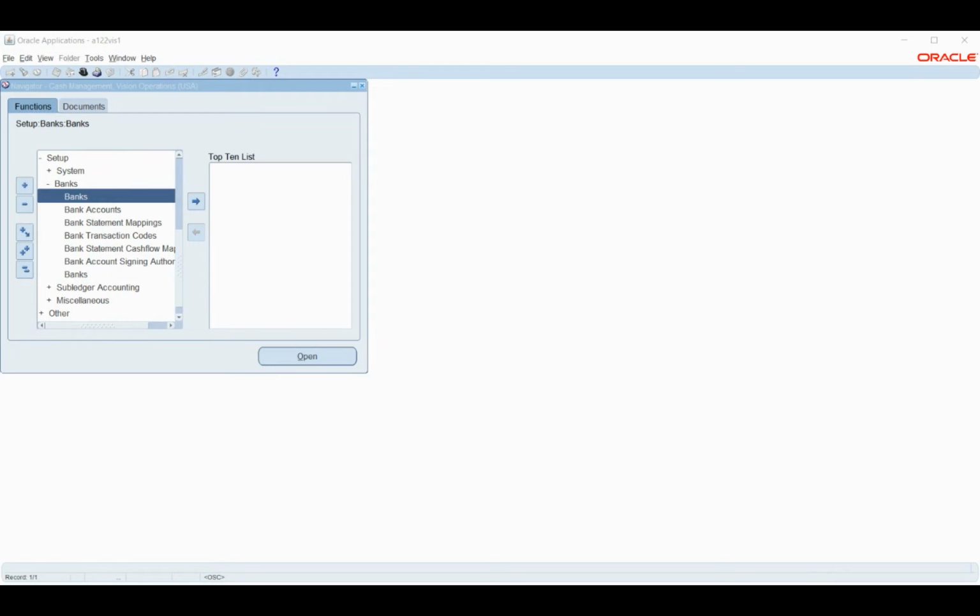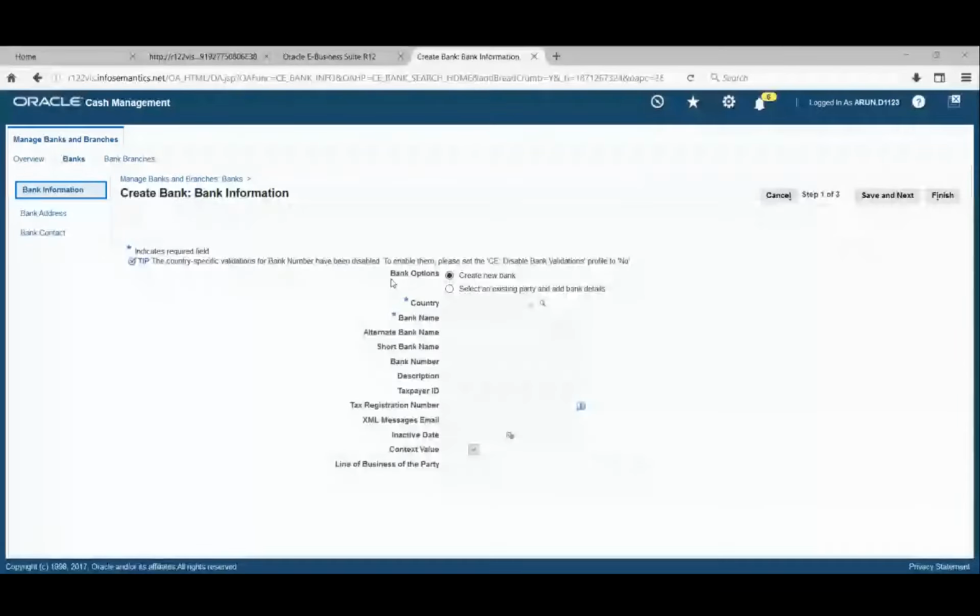Is this OA page opening or the Java page? It is OAF actually, the OA form you cannot use. I am seeing only Java forms. Okay, give me a minute, let me reshare this. Can you see now? Yes, sir, now OA forms.